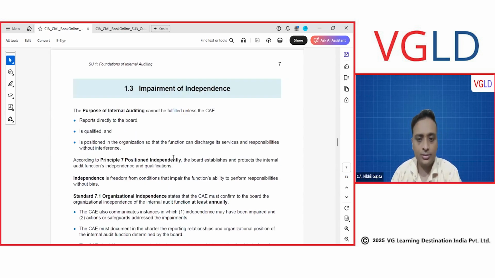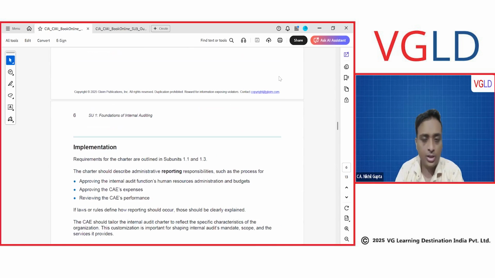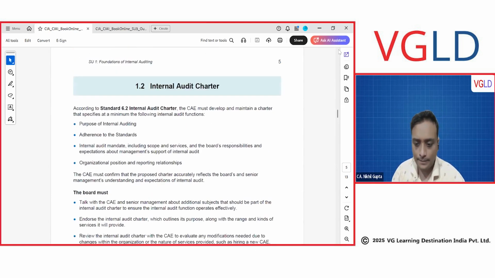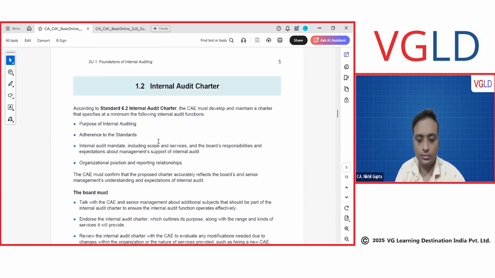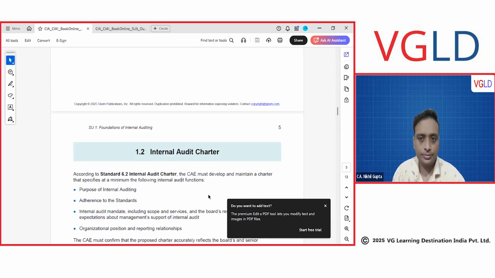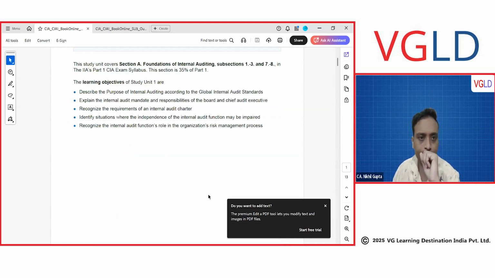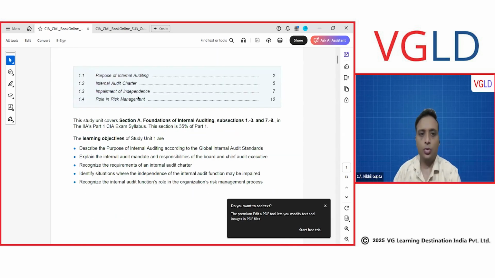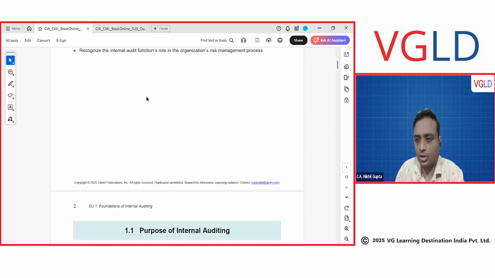We covered the internal audit charter. So from this chapter's perspective, we are left with two more points: impairment of independence and role in risk management. So let's talk about